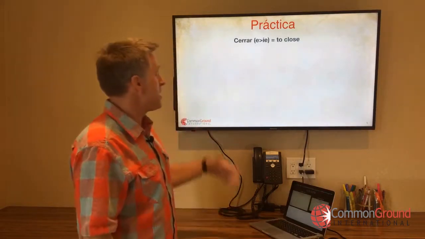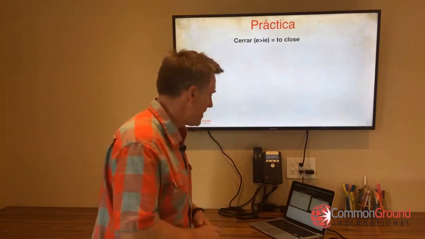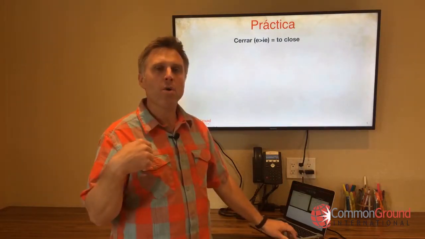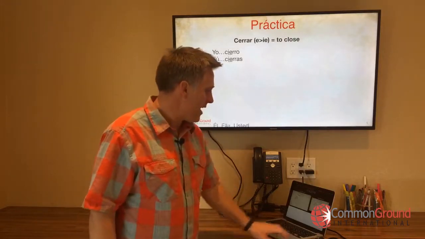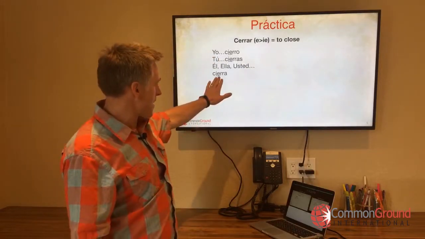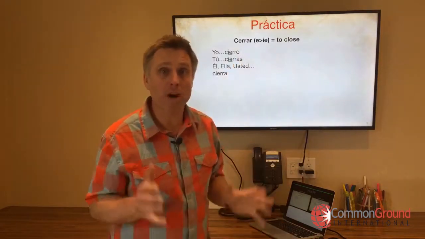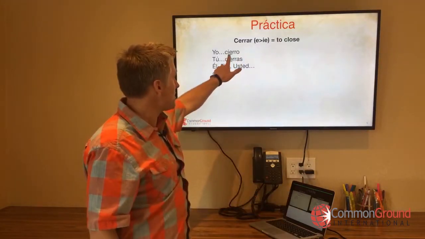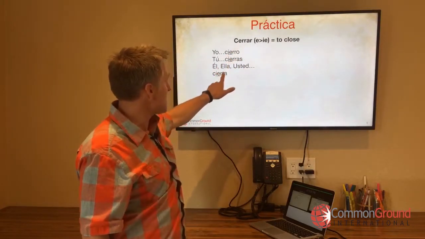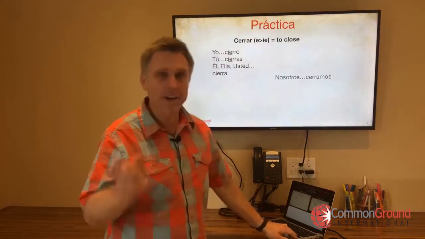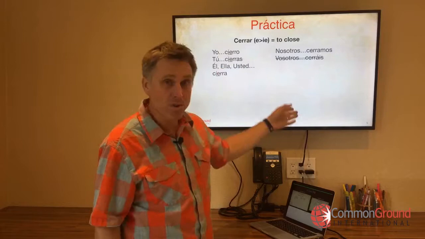Okay, cerrar. Here's the verb. Cerrar is the verb to close. It's an E to IE. So how's this going to go? Yo cierro. Tú cierras. Él, ella, usted cierra. Remember, o, as, a, that's following the normal conjugation rules. All we're doing is taking our E here and changing it to IE. Cierro, cierras, cierra. But we're not going to do it in nosotros, cerramos, nor will we do it in vosotros,